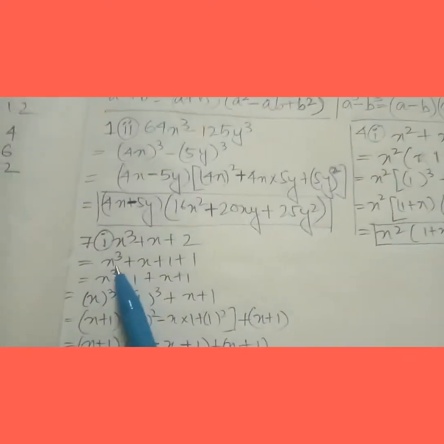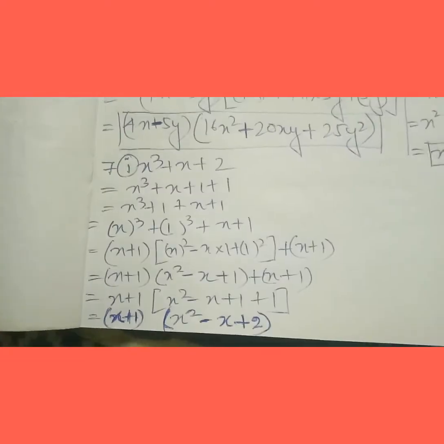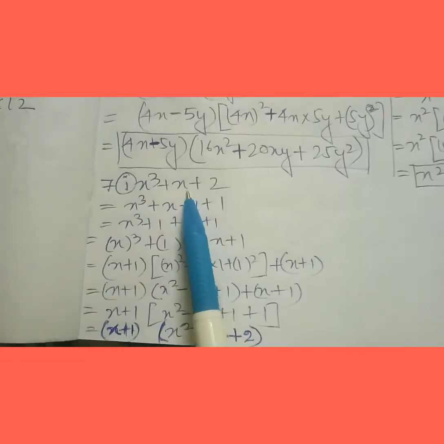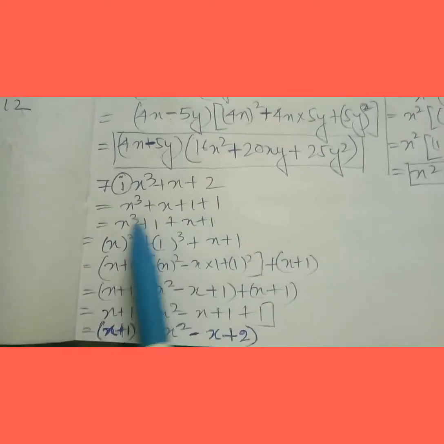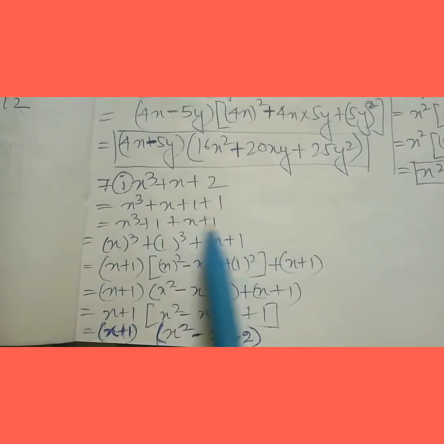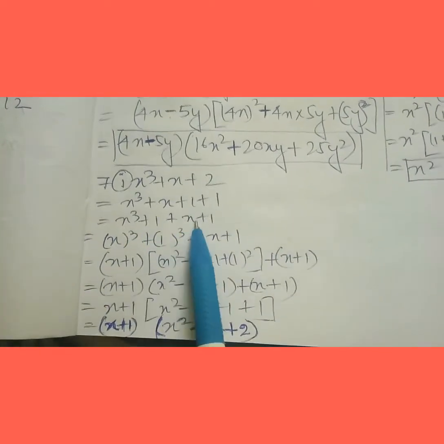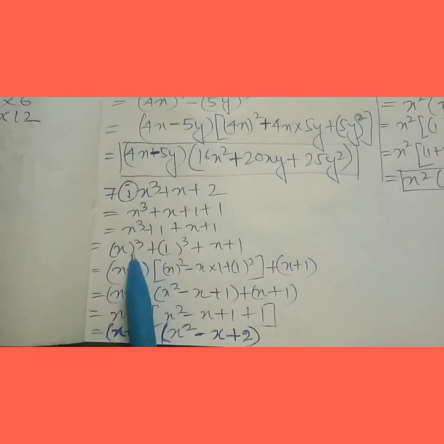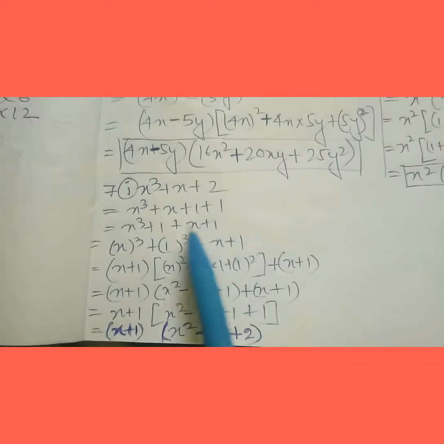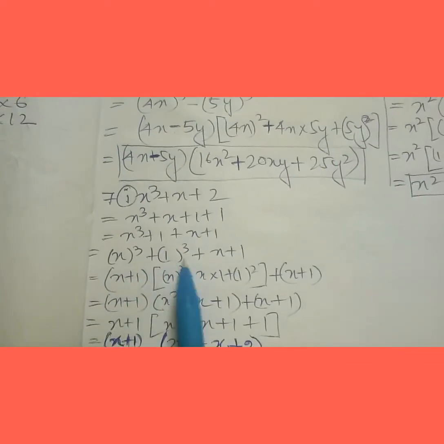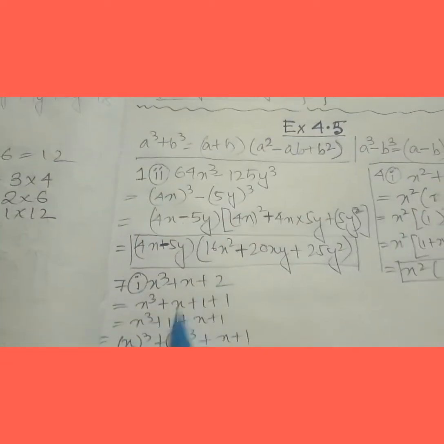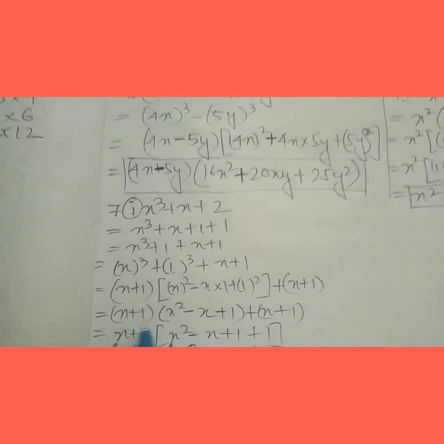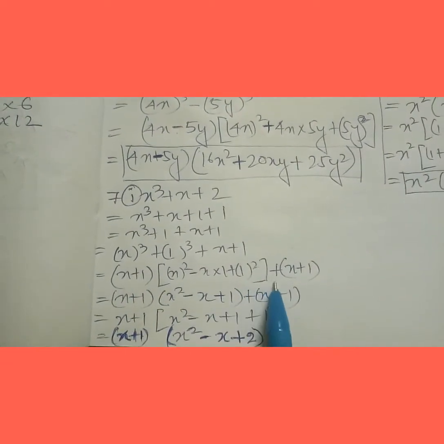And the next part, same thing. This question is also the same kind. See, in this kind of question, I broke this 2 into 1 plus 1. Why? Because I am arranging it this way. See, x cube plus 1 and x plus 1 I can write down. From here, x cube plus 1 whole cube means 1 only. Now we are forming the a cube plus b cube formula. Clear? Then put it in that formula only.